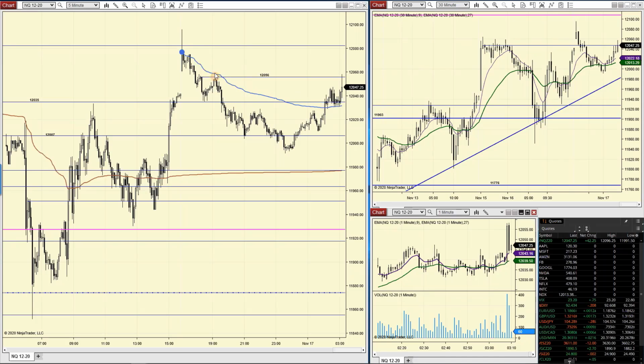And I missed this. I wasn't even at the desk, but I noticed here, we went up and it had this little doji, and then you can see we're just below same day VWAP, but it was already kind of failing right here. So that was really a good opportunity to get short, although I wasn't even at the desk. As we got through same day VWAP, we're holding it. And I think maybe some people were thinking, oh, we're going to roll lower, and they got stopped in this run up here.